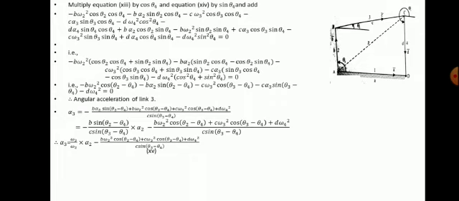Now minus b omega 2 square cos theta 2 minus cos theta 4. We will get the same equation here. Minus b omega 2 square cos theta 2 is there, here cos theta 4 is there. Minus term cos theta 4. Minus b alpha 2 sin theta 2 minus sin theta 4, minus c omega 3 square cos theta 3 minus cos theta 4, minus c alpha 3 sin theta 3 minus sin theta 4, minus d omega 4 square is equal to 0.